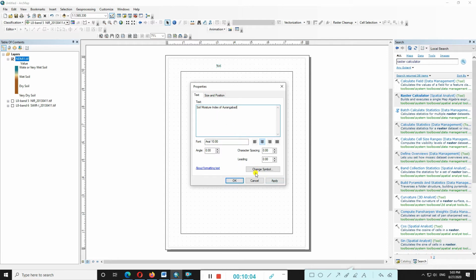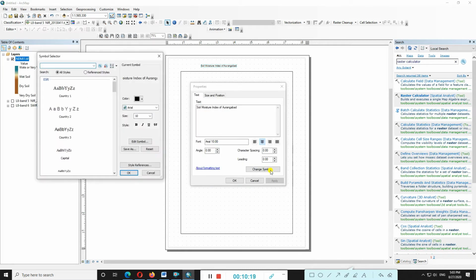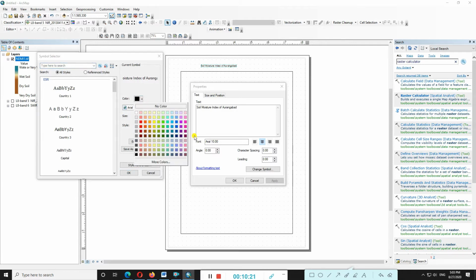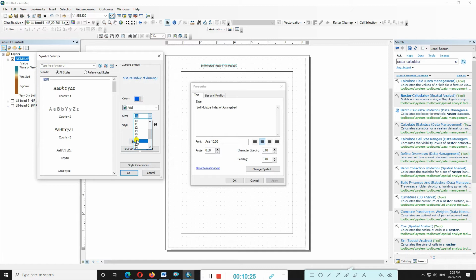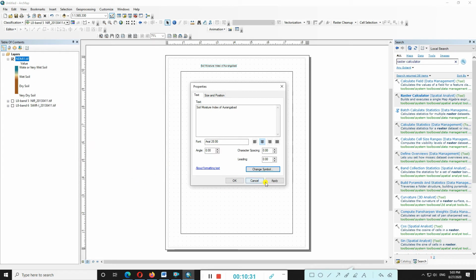We want to change the capitalization, the small or big size of the sentence. You can look here the small size. If you want to change this formatting, just click on change symbol. First I change the color, apply this one, change the font size to 28, bold, and apply OK.